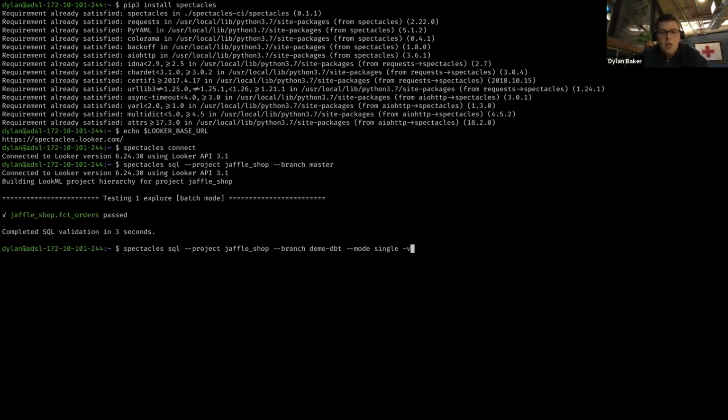background. We're also very wary of how much load you put through your Looker instance, because there's compute that's involved there, and then ultimately your warehouse. Spectacles will, by default, kick off 10 queries at a time, or manage a concurrency of 10 running queries against your Looker instance and your warehouse. But you can tell it to do something else. And so here I'm going to tell it 100 because these are pretty small tables and no one else is using this dedicated Looker instance.